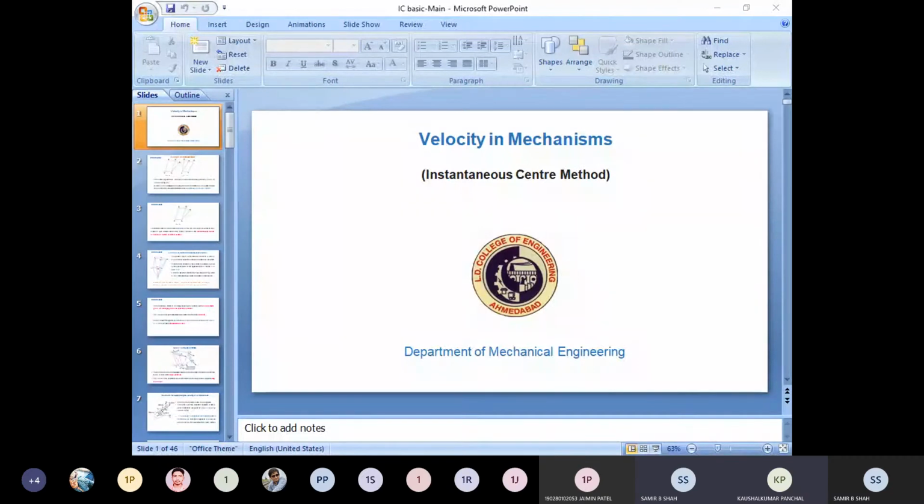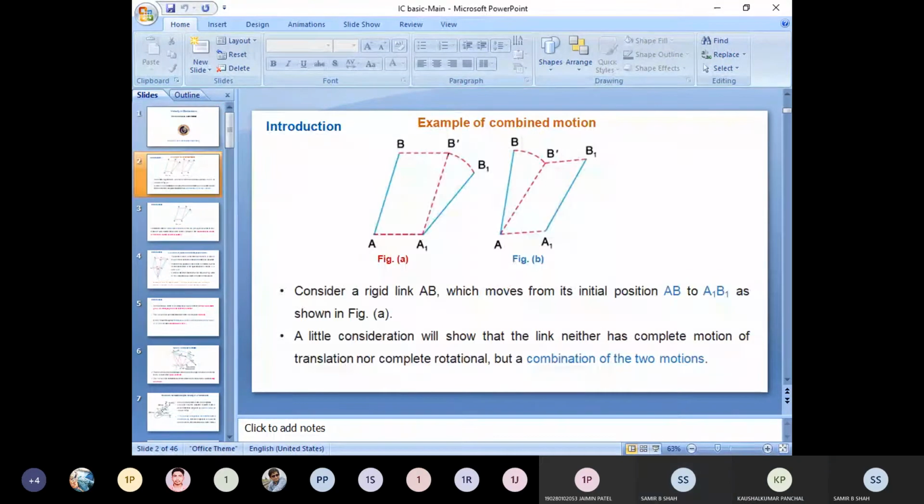Okay, in the previous lecture, we have discussed the basic things about the IC method, where we discussed that this method is very important, where we have the combination of two motions. It may not be pure, but it may be more than one or two motions. Then we prefer to use the IC method, where we discuss either translation-rotational or rotational-translation motion